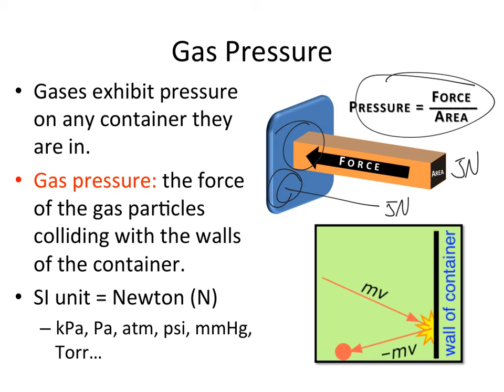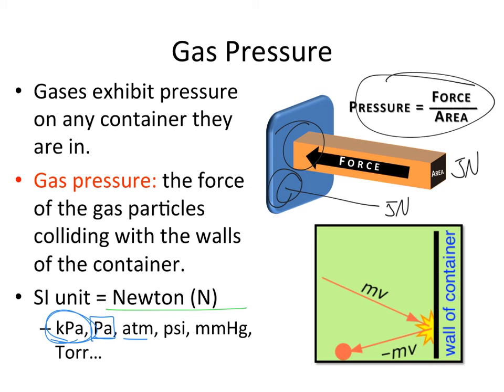Now, usually these things are measured in newtons, but we also do have a lot of different other units depending on the application. The ones that we use mostly is kilopascals or kPa, which is the standard that we see here. The standard unit is actually pascals, but a lot of you may also use atmospheres. Now, you've probably seen things like PSI before or bar, but we stick with kilopascals for our calculations, because we are going to be using something called the constant, and that is all based on